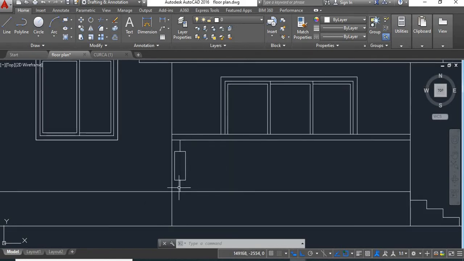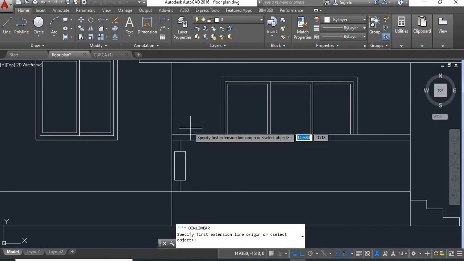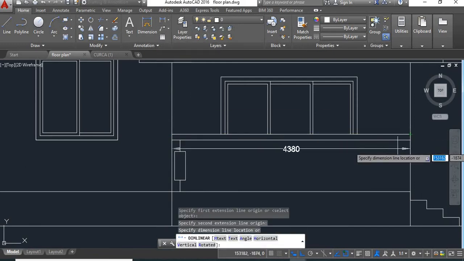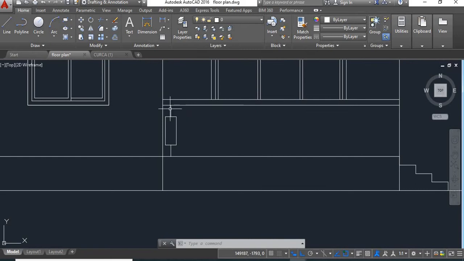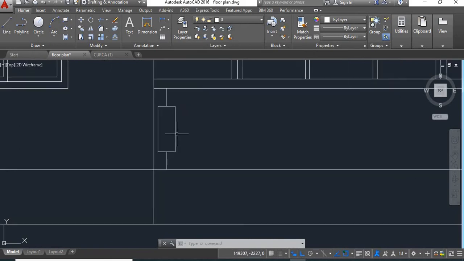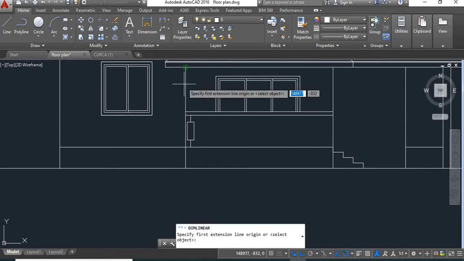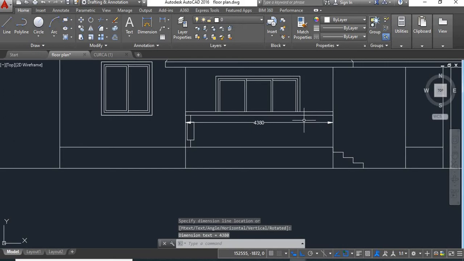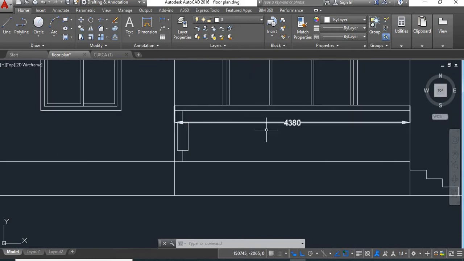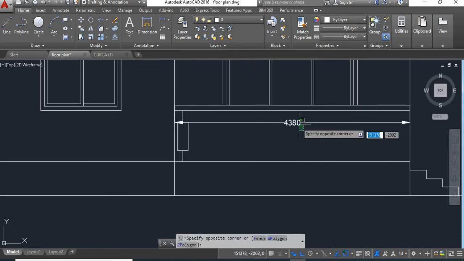Now we'll have to provide this pattern of railing along this length. So for that we'll see the length of this line. This length is 4380. Now the total distance required for this one panel is 50 plus 200 plus 50. So total it will be 300. Now this length is 4380. So we'll divide this 4380 by 300 and we'll get 14.6. So total will provide 14 numbers of panels here.